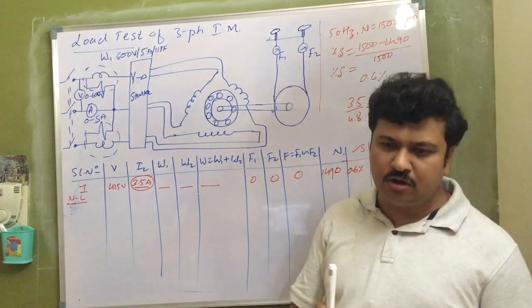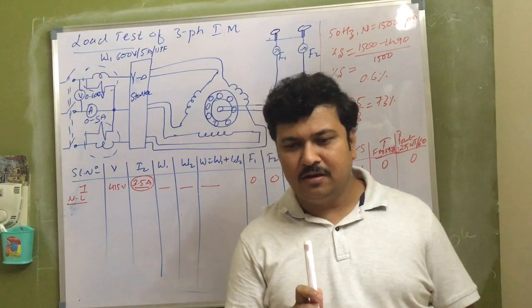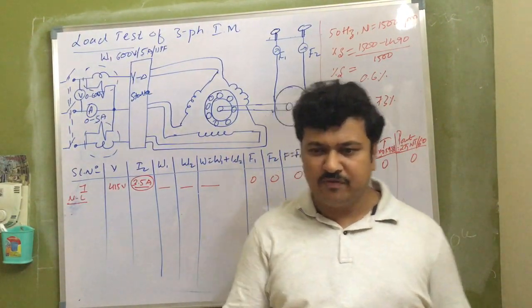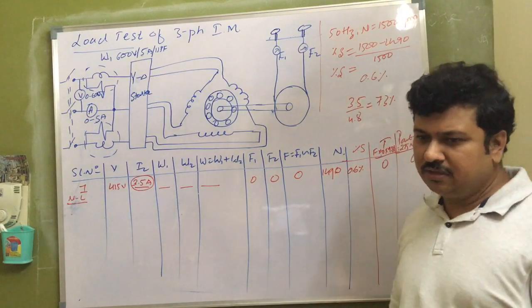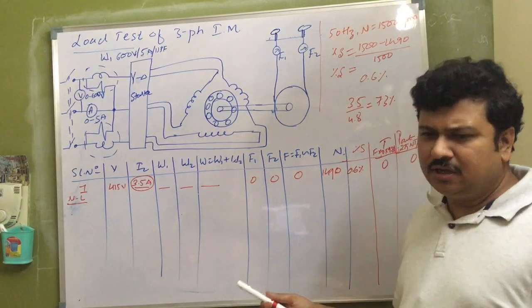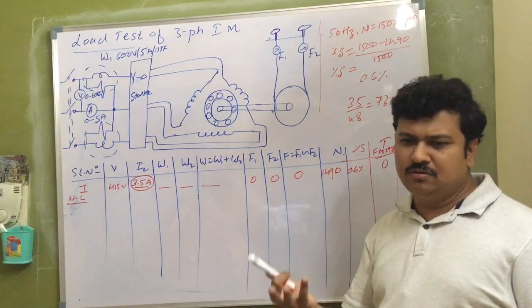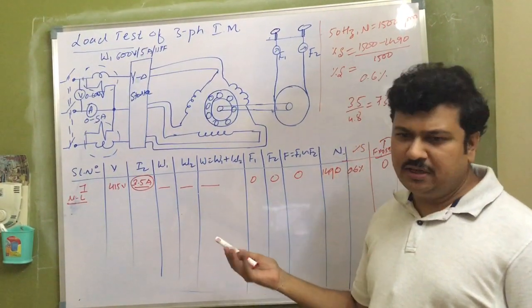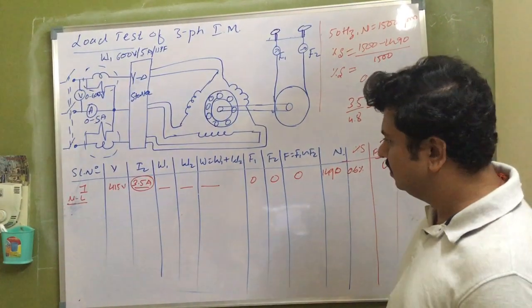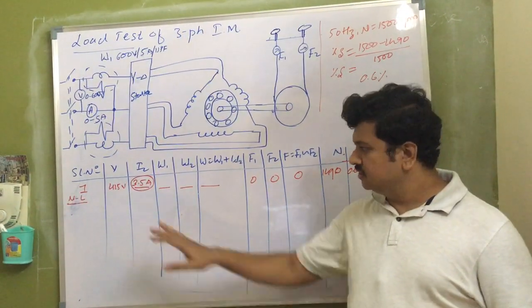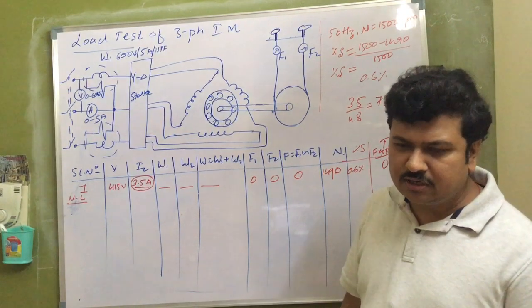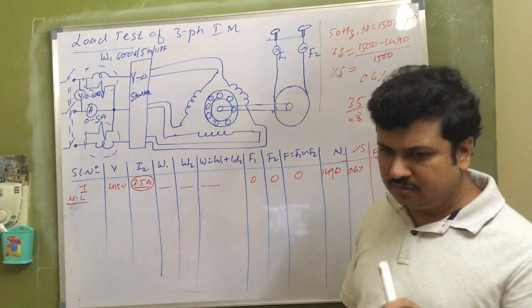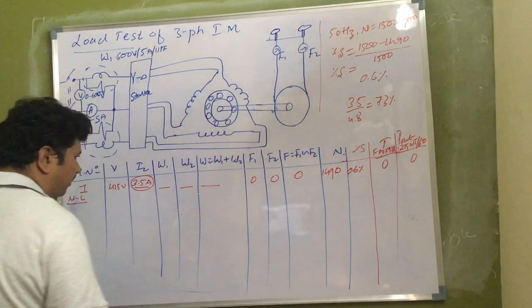So this is one understanding, the inference you should get from the no load current. It may not be explained in the regular lab. Usually I explain this experiment in detail, but if somebody else takes it, I don't know how it has been explained. But this one observation you should keep in mind whenever you conduct the no load readings on the motor. This is one point. Now coming to the second point.